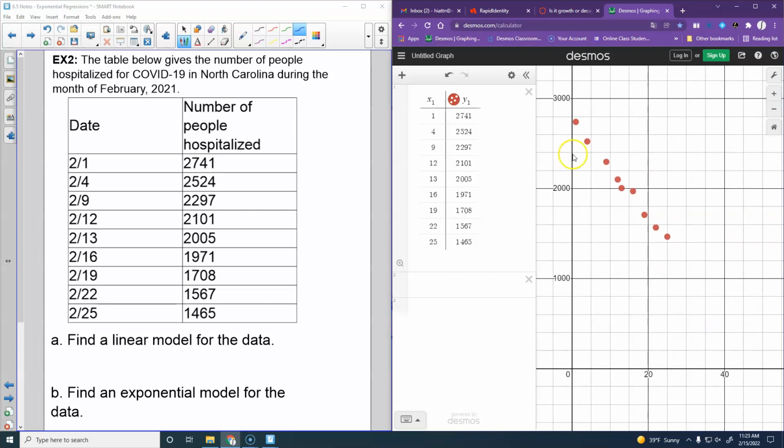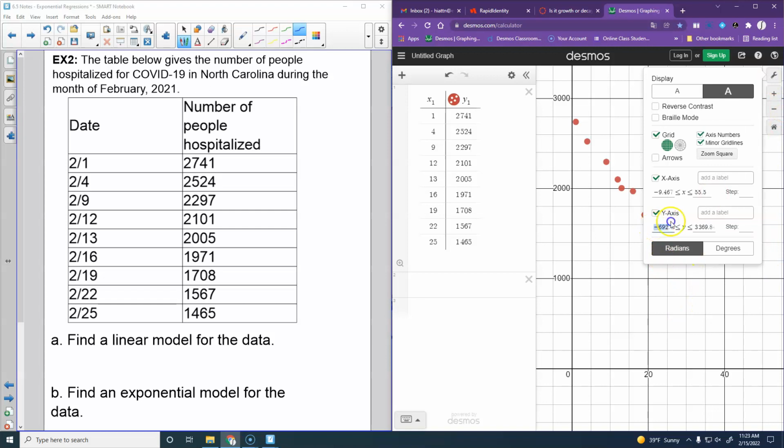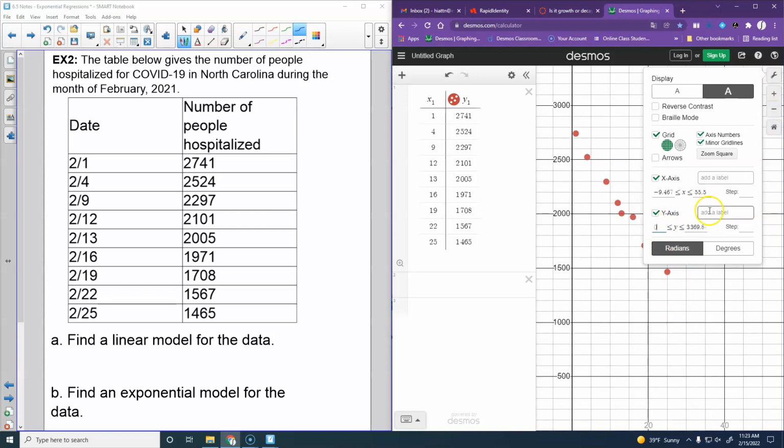Now, do you guys think that looks like it's linear or exponential? I put the 0 here for the lower number, because we know the number of people in the hospital is not going to go below 0, because you can't have negative people, right? Even if the hospital's empty, it's 0, and then I put 3,000 for that top number,